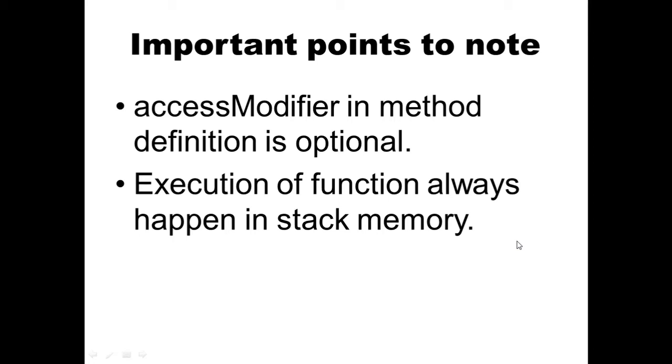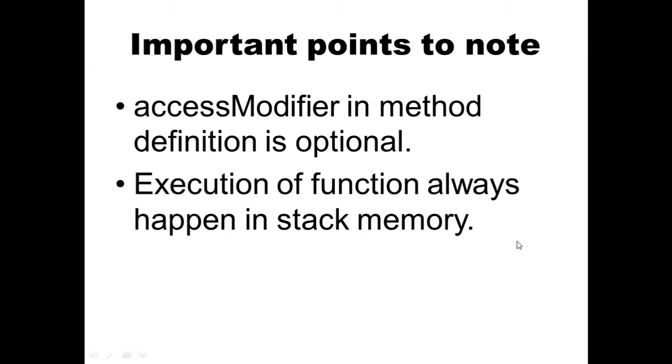Suppose there is a class, and inside the class there is a main method. From the main method we are calling one more method, and from there we are calling one more method. Suppose from main we are calling the method m1, and from the m1 method we are calling the method m2. Now what will happen? It will all go to the stack memory. So first m2 will be stored, then m1, then our main method. Okay, so it will be in that fashion.